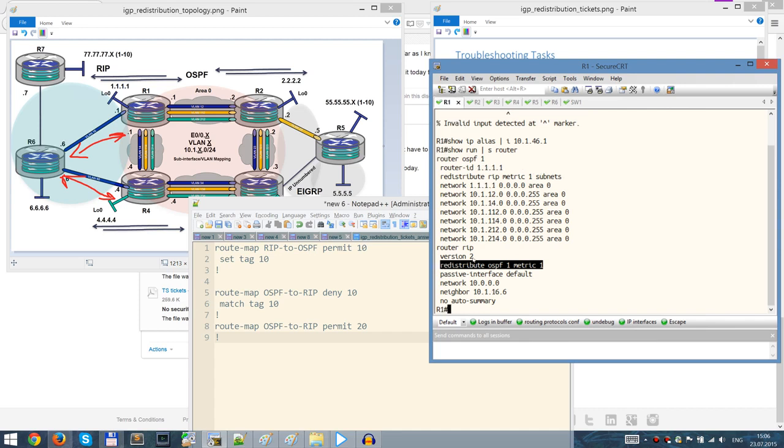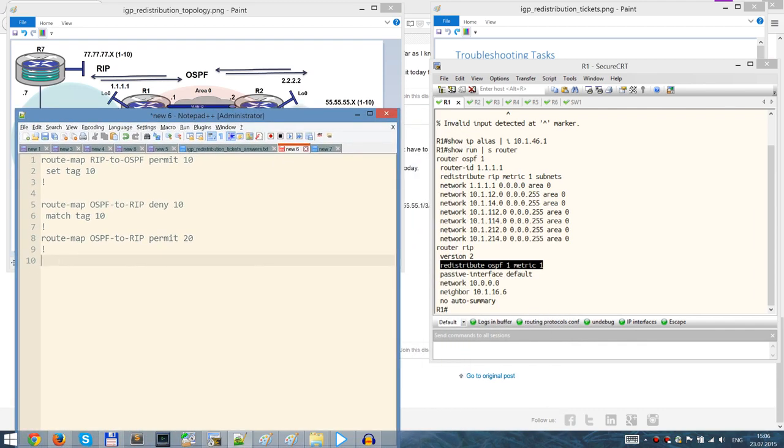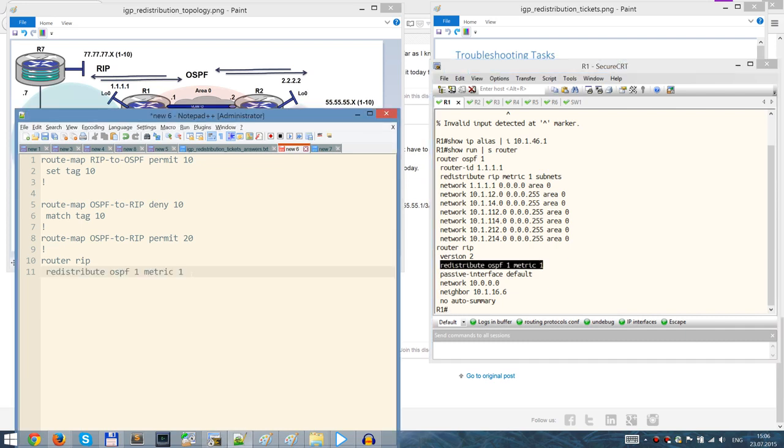It's the same thing, okay. And I do this. Router rip, redistribute OSPF1 metric 1 route map. So we redistribute from rip to OSPF, from OSPF to rip,